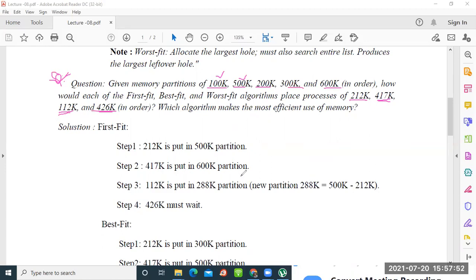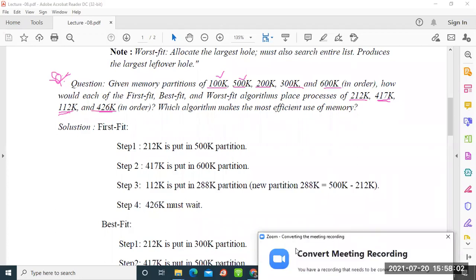Anyone implemented? Sir, process 426 is not allocated. Yes, the process 4, which is your 426, will not be allocated. And process 1 is allocated to which block or which partition? Process 1 कौन सा partition?